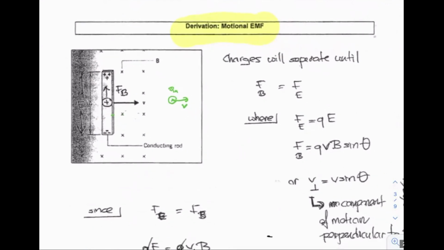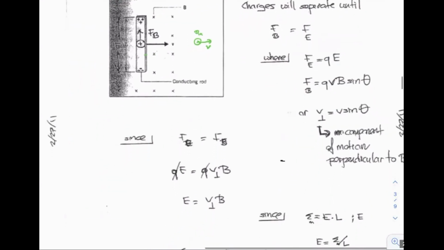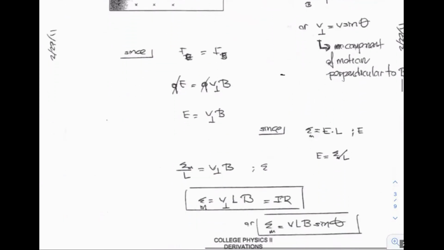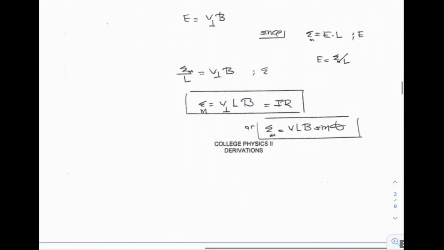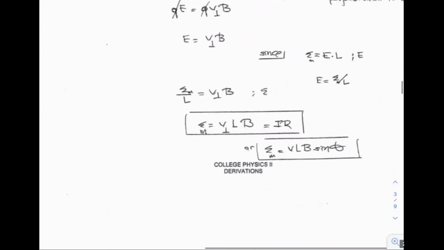Okay, so what do we know? It says here that the charges will separate until the magnetic force and the electrostatic force balance each other. So this becomes a starting point. The electrostatic force on these charges is going to be the strength of the electric field times the net charge, and you got an expression for the magnetic force. I'm just going to skip the details and jump into the conclusion of it. The conclusion is this: the motion of the conductor, and this is the velocity of the conductor inside a magnetic field, and this is the length of the conductor,